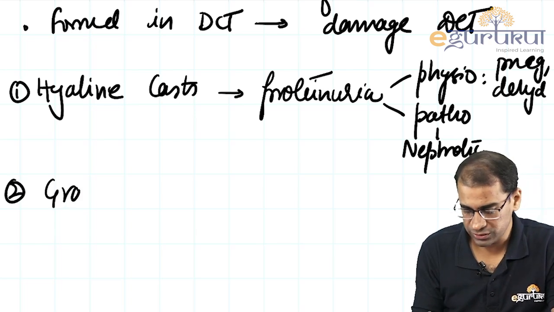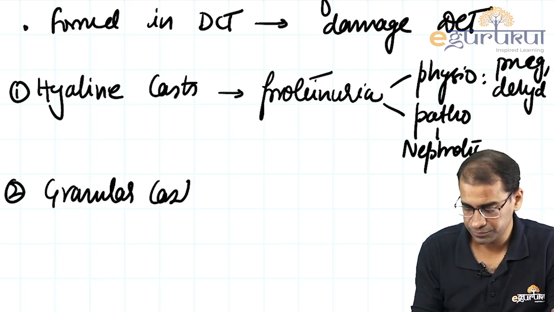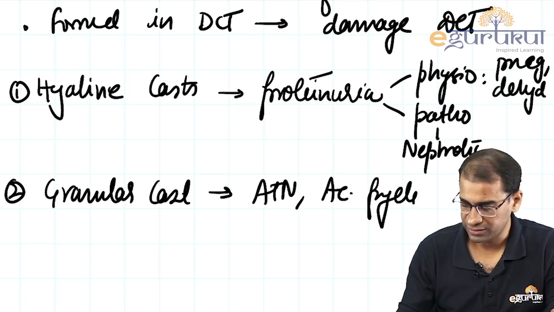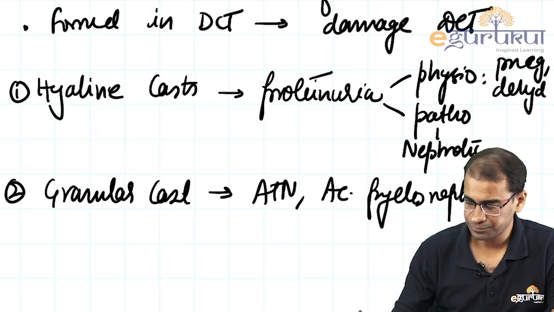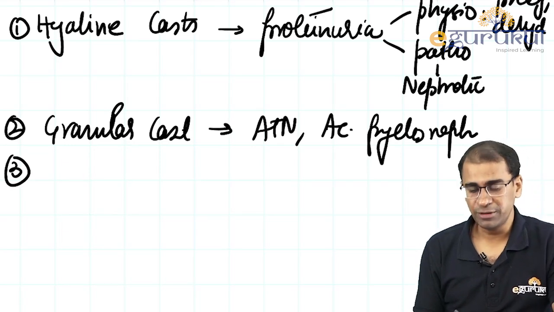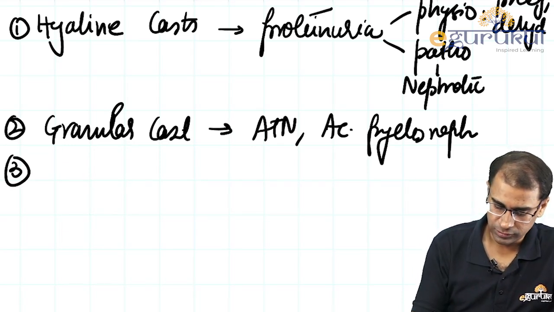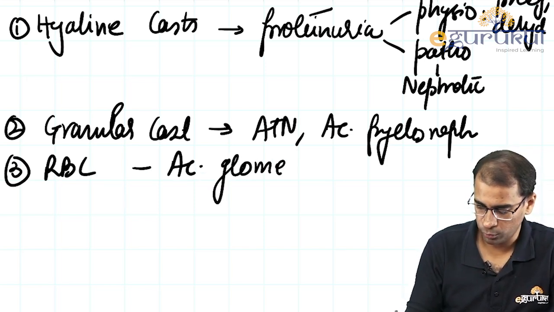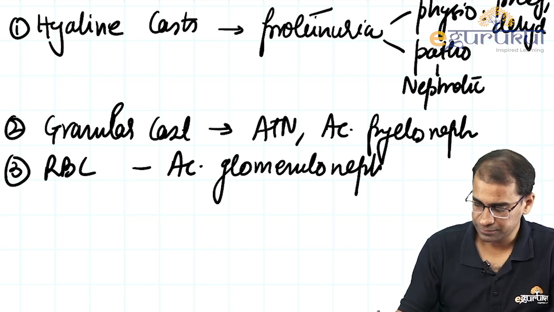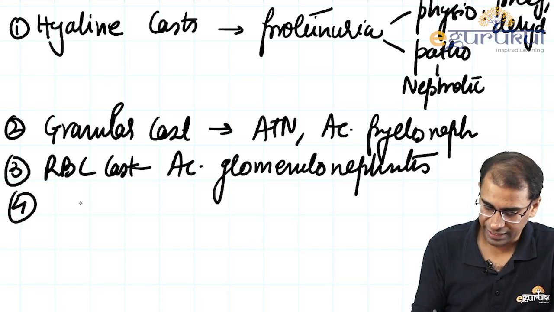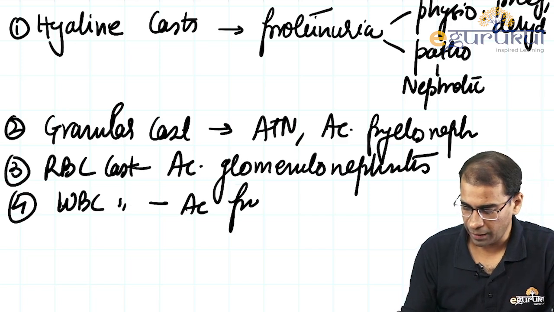Sometimes the cast can have granules and hence the name granular casts, seen in acute tubular necrosis and acute pyelonephritis. Then there is the RBC cast, very important, seen in acute glomerulonephritis. The WBC cast can also be seen in the same condition, but it is mostly seen in acute pyelonephritis